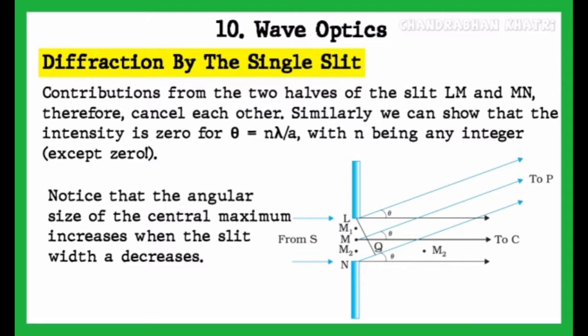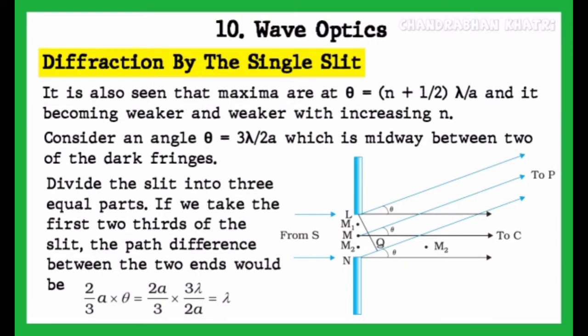Similarly, we can show that the intensity is 0 for theta equal to n lambda upon a, with n being an integer except 0. Notice that the angular size of the central maximum increases when the slit width a decreases. It is also seen that maxima are at theta equal to n plus half into lambda upon a,